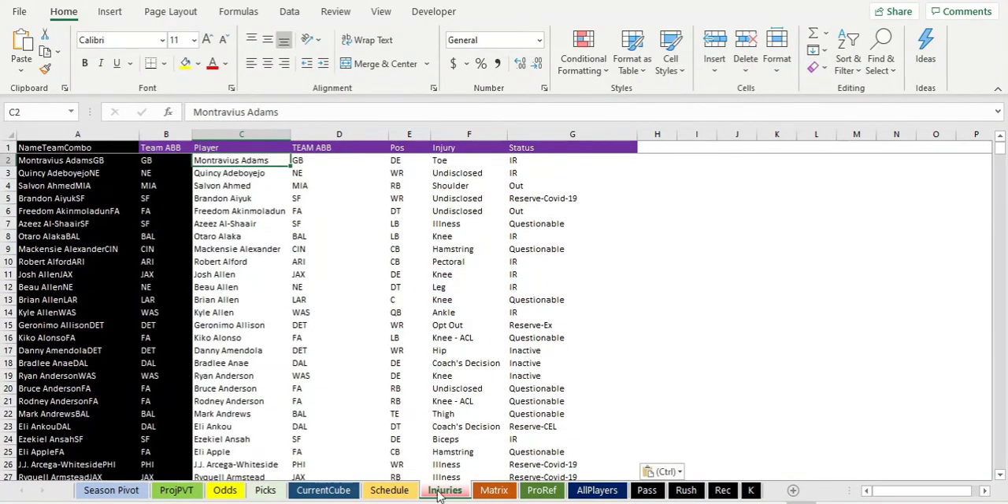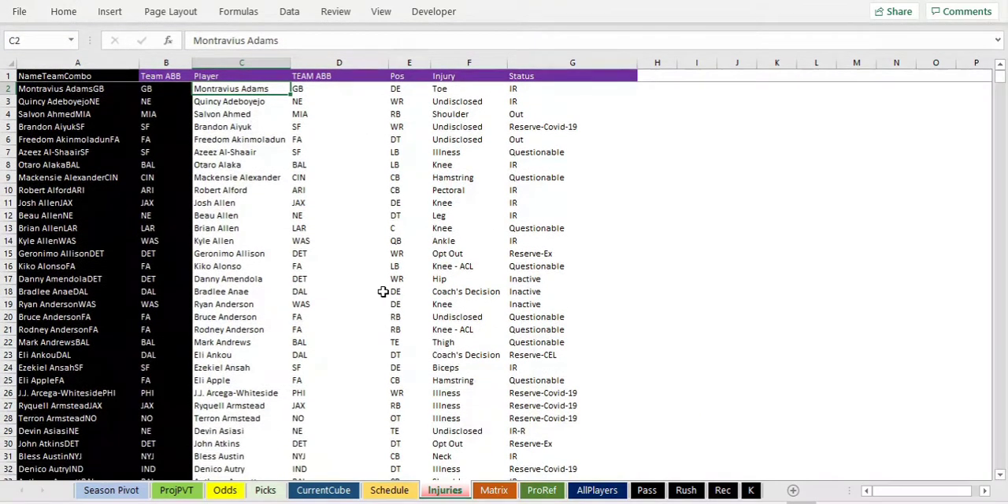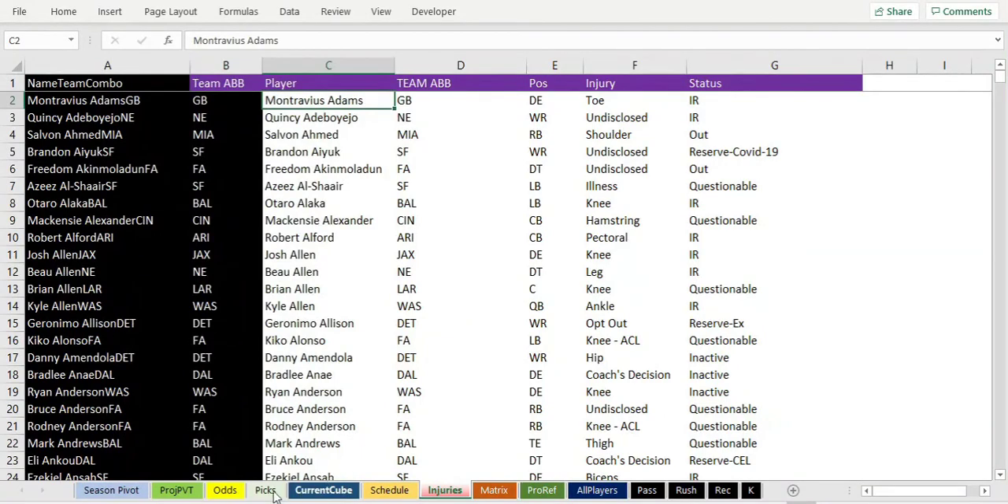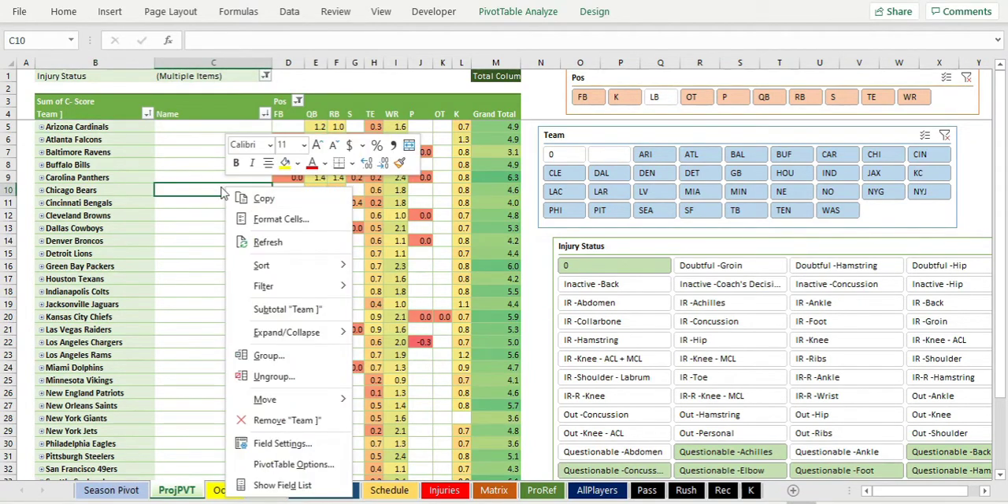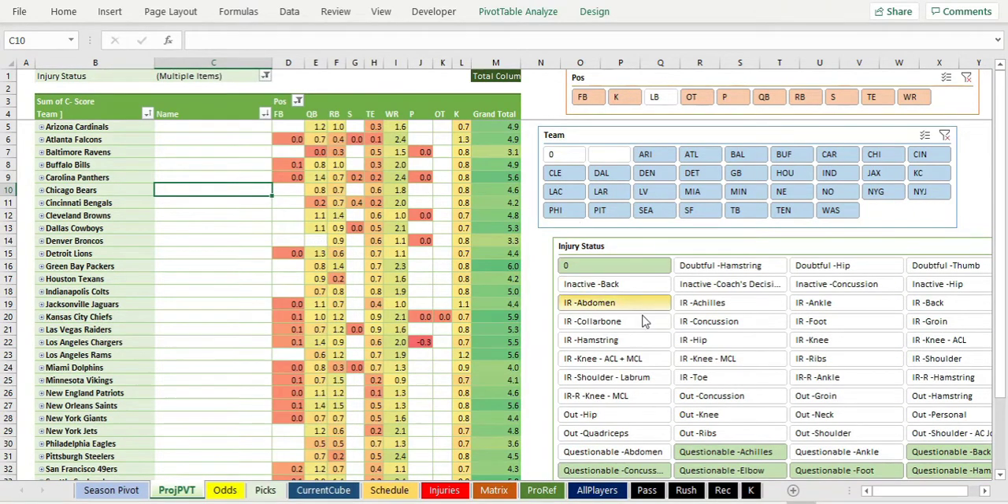So you can paste the new injury report in here. If you go to RotoWire and you grab it and then you put it in here, what you're then going to be able to do is go to the project PVT sheet. This has got all the teams and everything. Once you refresh this by right clicking inside here and then refreshing right there, things are going to change based